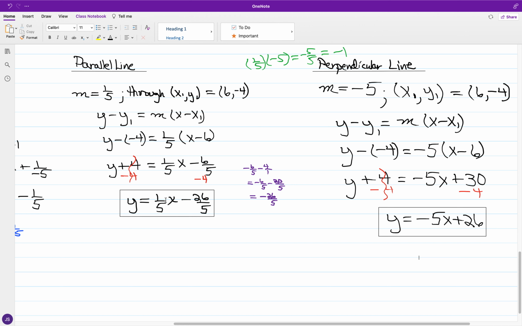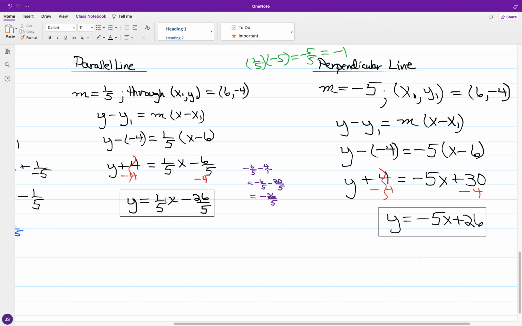And as for y is equal to negative 5x plus 26, okay, so x is at 6, negative 5 times 6 is negative 30, negative 30 plus 26 is minus 4, which we have for the corresponding y value. Okay, so those equations do check out. And we have, in the same vein,